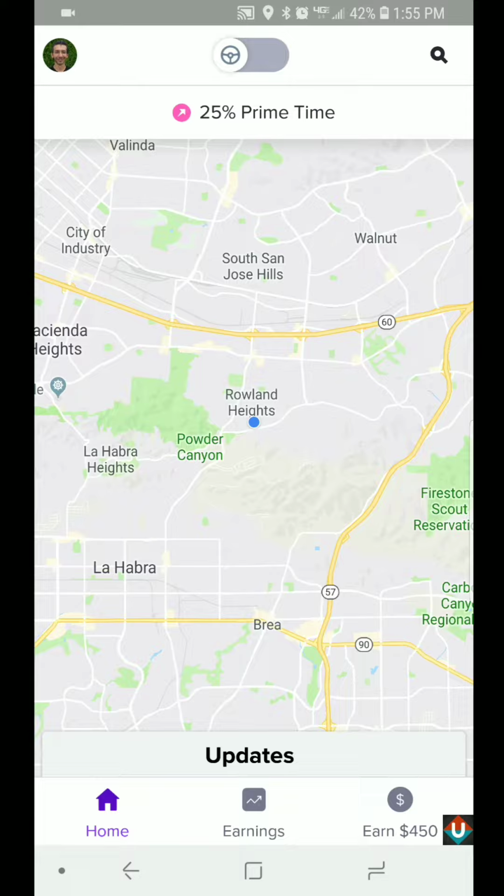I just wanted to make a quick video showing you guys how to set the destination filter in the Lyft Driver app. So when you open up the Lyft Driver app, this is the screen that you're going to see. On the top right hand corner there's a magnifying glass. Just tap on that